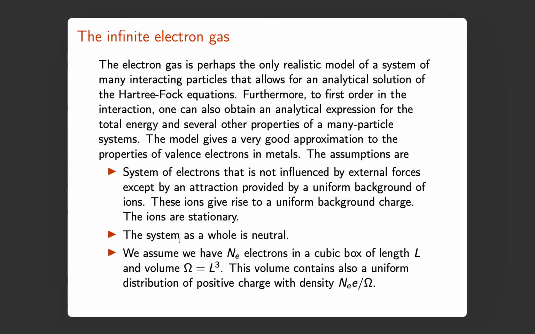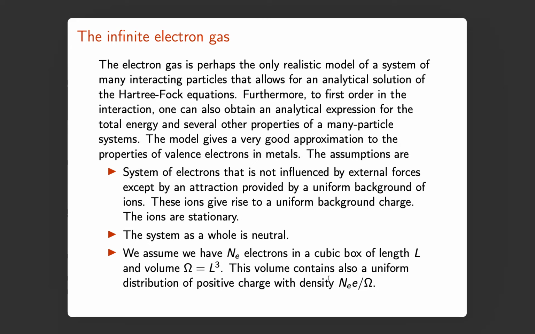When you actually run calculations of such systems, you cannot run a calculation of the infinite electron gas, but you have to approximate it with a given number of electrons. And then you would increase the number of electrons and let that go to infinity, and you would let the volume go to infinity. What is constant is the ratio between electrons and the volume, which defines the density. So we are going to assume that we have a cubic box of a given length, and that will also give us some specific quantum numbers. We are coming back to that.